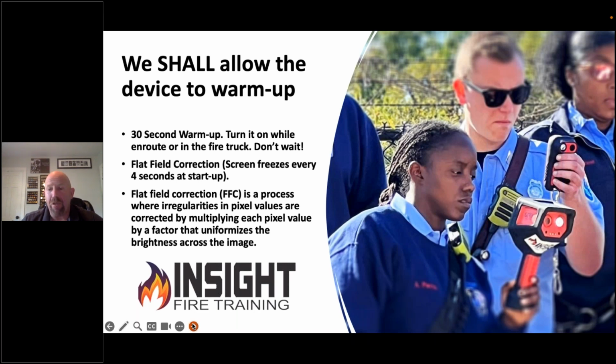The camera freezes every few seconds as it's calibrated. You may have heard it click before, saw the screen freeze and thought something was wrong with it. It was actually going through a process where it fixes some irregularities in the pixel values. It's actually cleaning up the picture, and it's a startup process. Why is that important? Well,